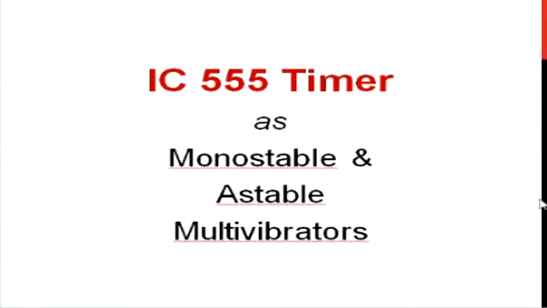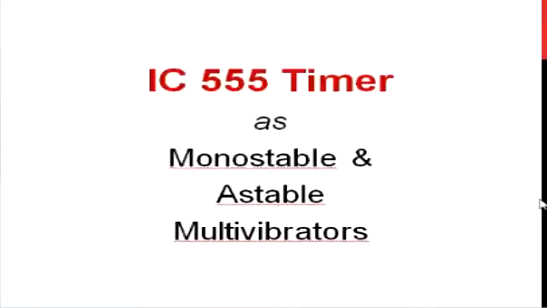In an astable multivibrator, there is no stable state. No stable state means it switches from the lower state to the higher state, and it changes from the higher state to the lower state. In this case, there is no triggering pulse. It can automatically change from its low state to high state, and from high state to low state. That's why it is called an astable multivibrator.